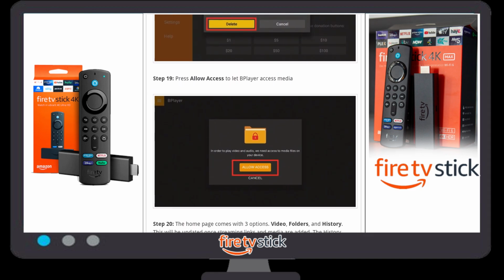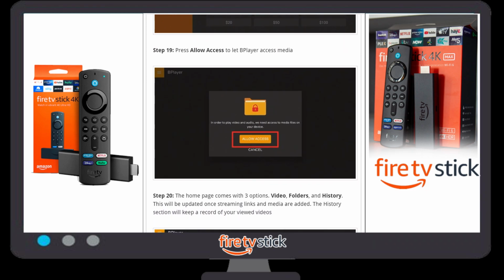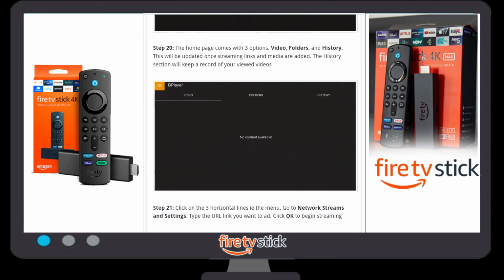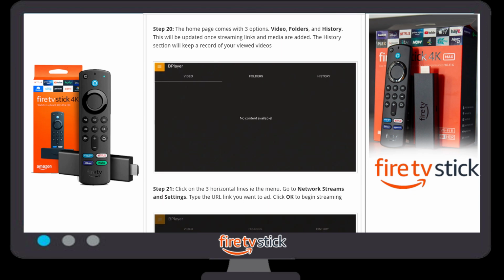Once you click on B Player, you need to click allow. Once you click on allow, a new window will appear which is the full screen of your B Player. There are lots of options available: video, folder, history, and one more option, 3 dots, or you can say home page. This is the home page.